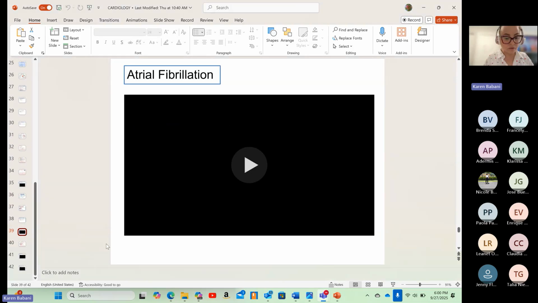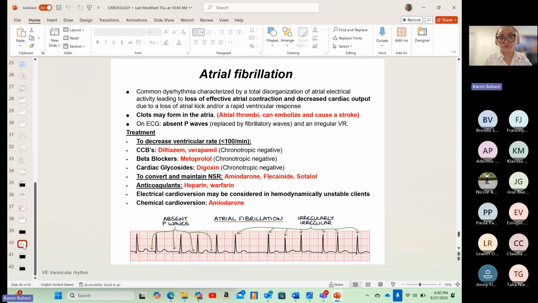So as I was saying, one of the main risks that we have with atrial fibrillation is the fact that the patient develops clots. And here is a key: this is probably, along with AFib, the only rhythm that is fully irregular. Again, this is the only rhythm that is fully irregular. So if they're describing something that says irregular, it's probably an atrial fibrillation. Because most of the other dysrhythmias